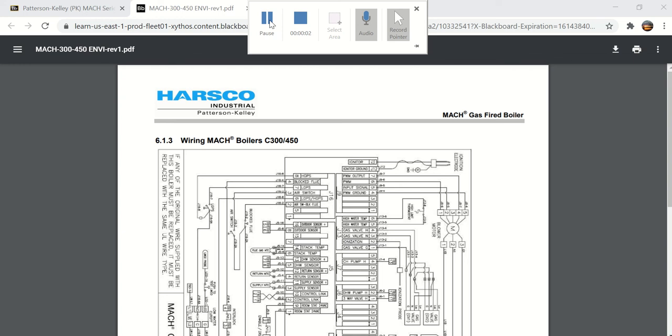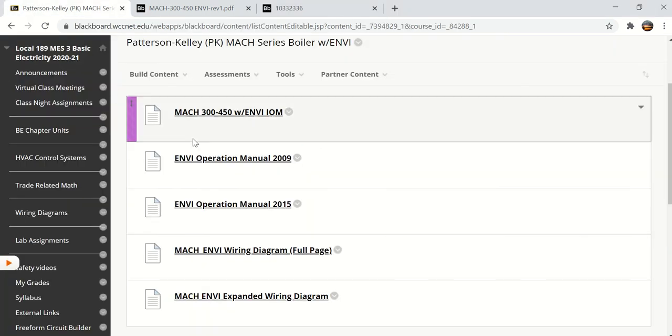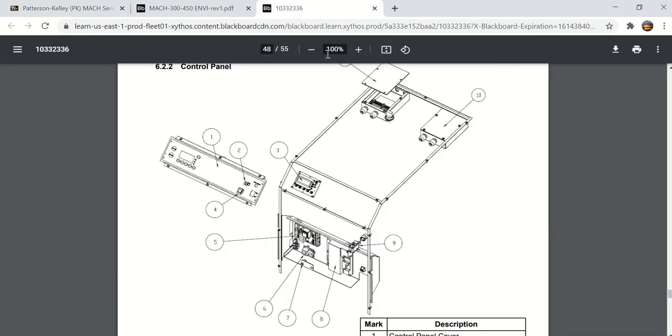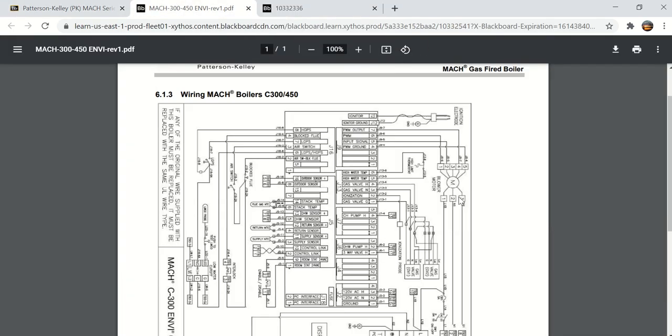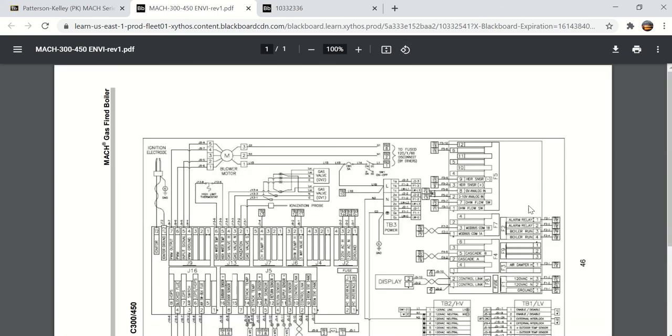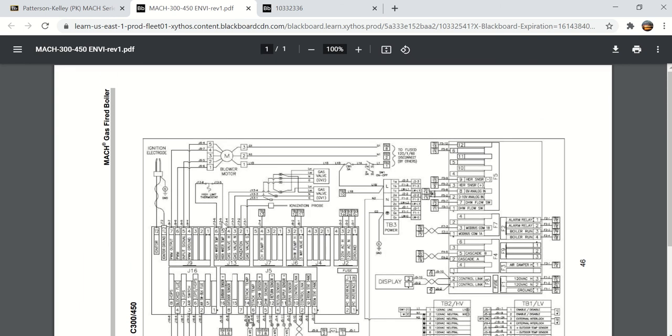Okay, this is video 2 for the PK MACH series boiler with the ENVI controller. And what you're seeing here is the full page wiring diagram. When you click on this, you're going to see this full page wiring diagram here. You can rotate it so that you can look at the whole thing, but it's kind of small and hard